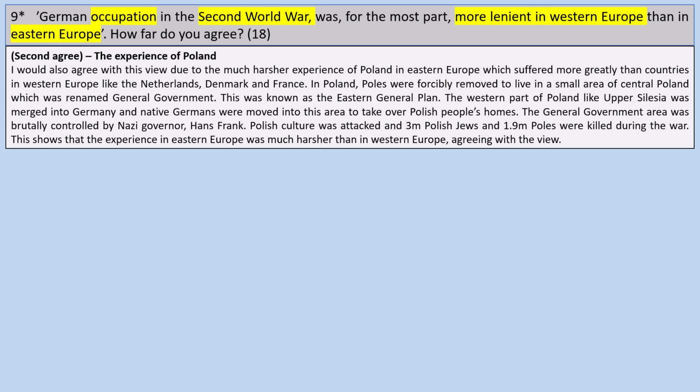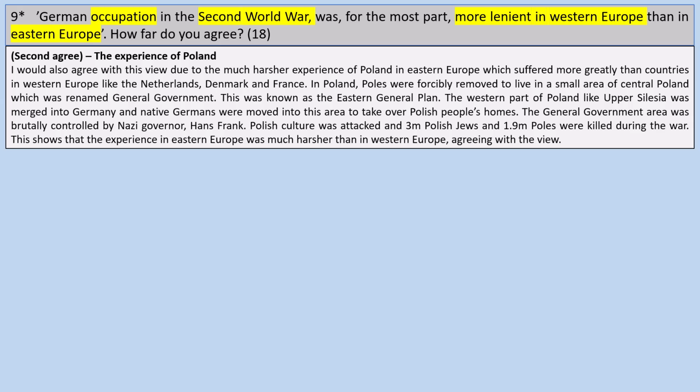The western part of Poland, like Upper Silesia, was merged into Germany and native Germans were moved into this area to take over Polish people's homes. The General Government area was brutally controlled by Nazi governor Hans Frank. Polish culture was attacked, schools and universities were closed, and 3 million Polish Jews and 1.9 million Poles were killed during the war. This shows that the experience in Eastern Europe was much harsher than in Western Europe, agreeing with